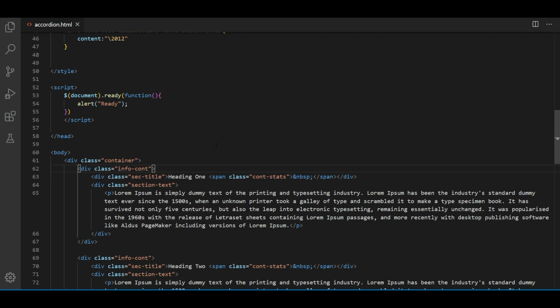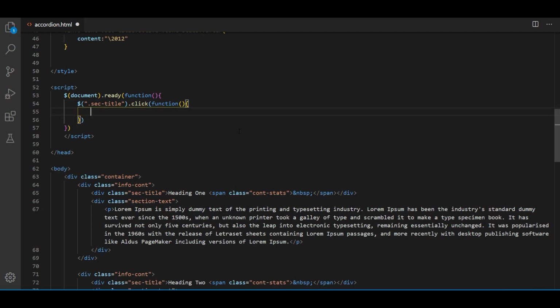Now we have to attach an event to the section title to open the details. So take the reference of the class section title and attach a click event. First we have to remove the active class from all titles and hide all open descriptions. So section title dot remove class active.